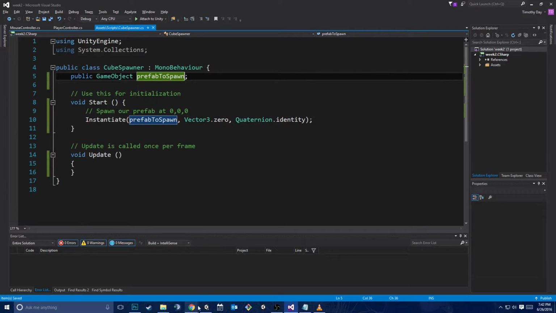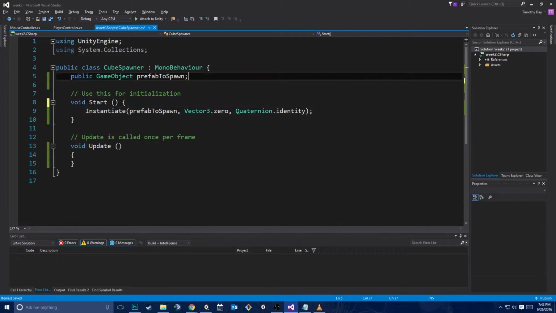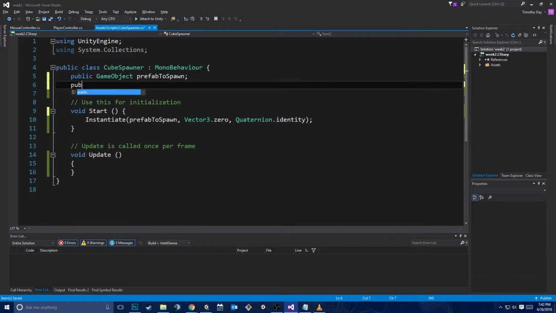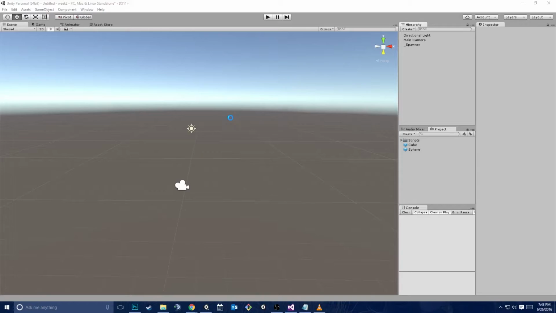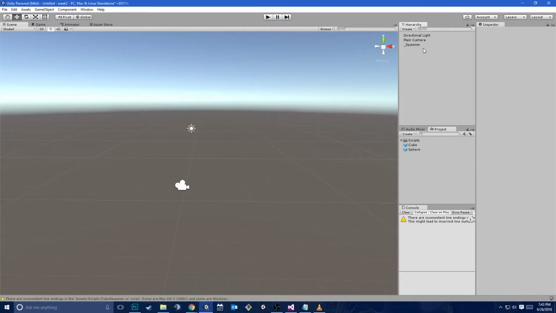And instead of spawning it at 0, 0, 0, I want to spawn it at a specific location. And I can do this a couple different ways. First, I can make a Vector3. Okay? Then I could say location. And then I replace Vector3.zero with location. Now if I go back to my spawner,